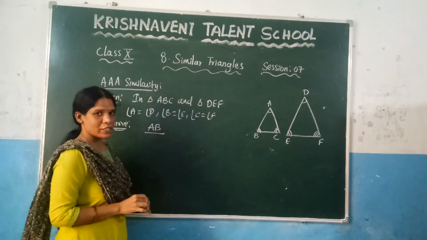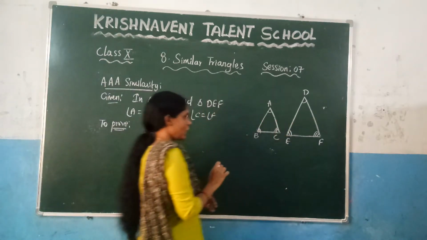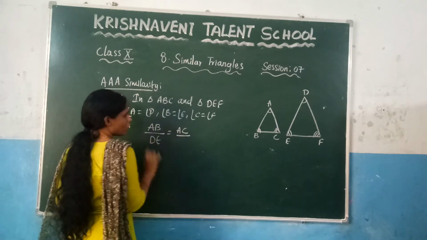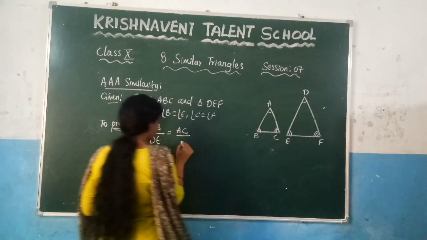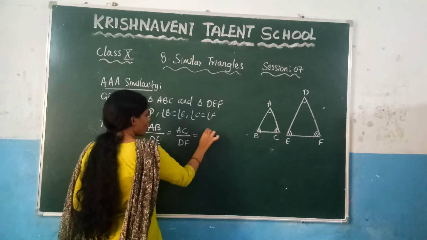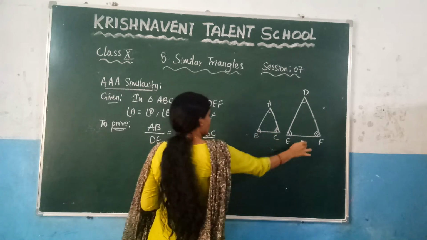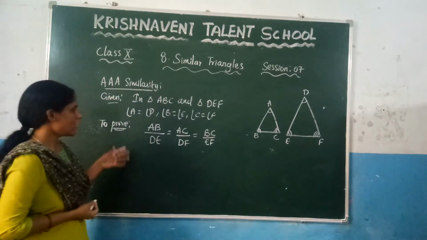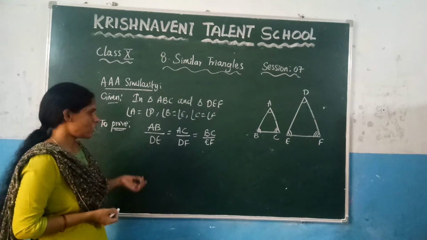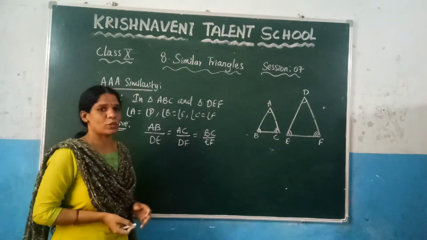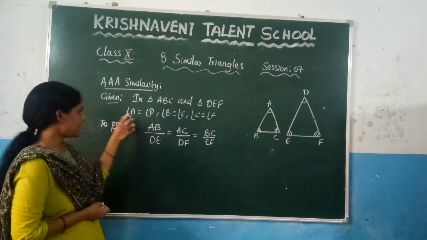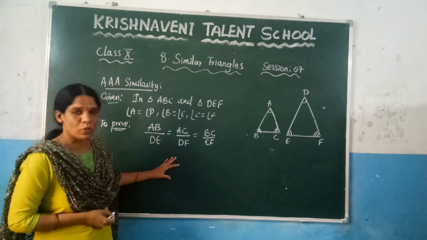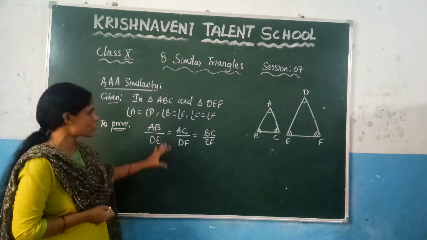What is the corresponding side of AB, which is nothing but DE, right? AB by DE is equal to the corresponding side of AC, which is nothing but DF. So write here DF. And the corresponding side of BC is EF. This we are going to prove. If you prove this condition, then automatically we can say that those two triangles are similar, because here they have given that the corresponding angles are equal. Now we are proving their corresponding sides are proportional, and you know that if these two conditions are satisfied,